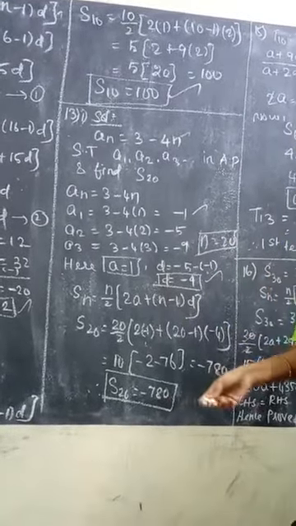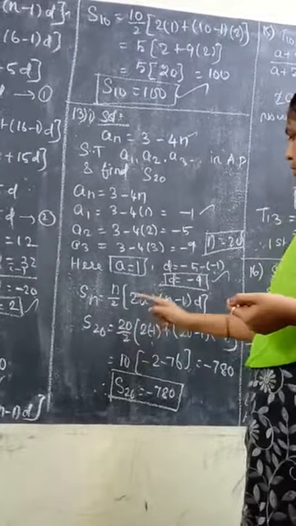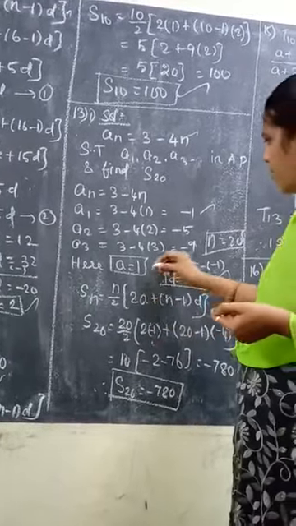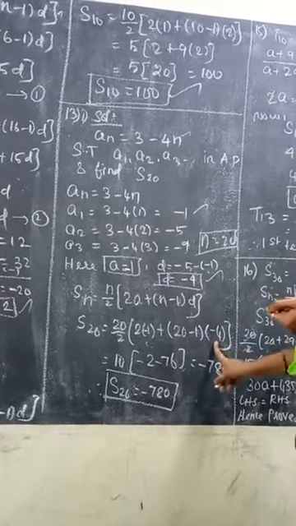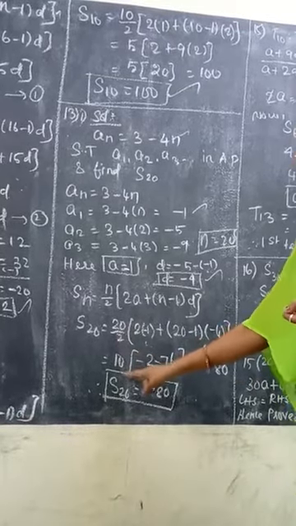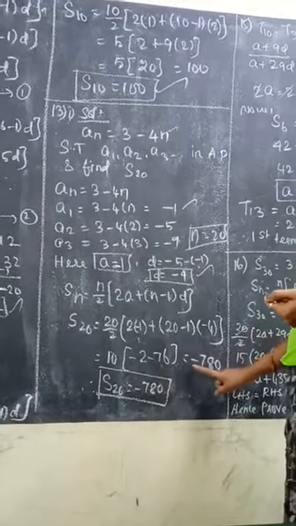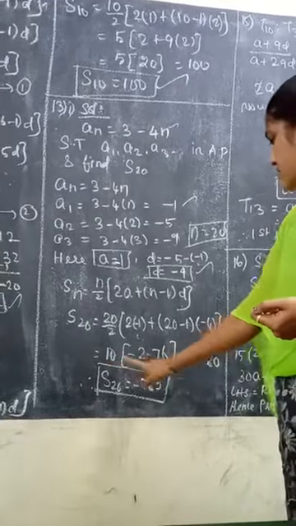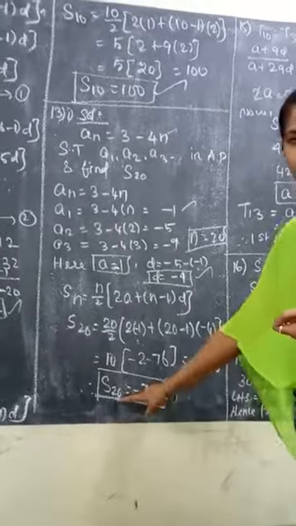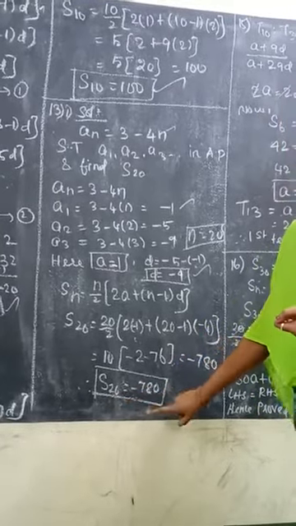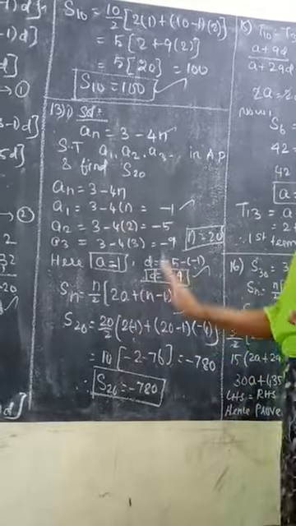Now we are going to apply this formula. You will be getting it. So S20 equal to 20 by 2 into 2 into a, which is minus 1, plus n value 20, 20 minus 1 into d value, which is minus 4. So 20 by 2 is 10, 10 into minus 2. Multiplying this you will be getting minus 76. So minus 2 minus 76 is minus 78. Minus 78 into 10 is minus 780. So S20 is equal to minus 780. I hope you understand up to this. The sum is the same in all categories.